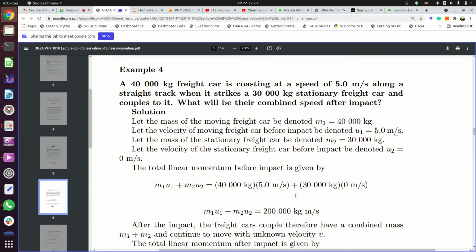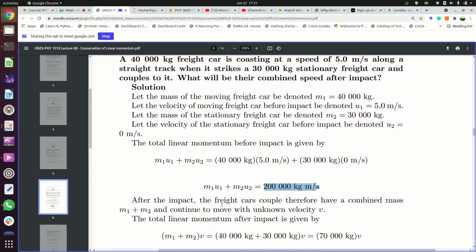So you can see from here that this total linear momentum is a result of only the motion which is happening due to the first car. So we end up with 200,000 kg meters per second. All this motion is a result of the first car. So this is how much motion is happening just before these two freight cars couple to each other, before